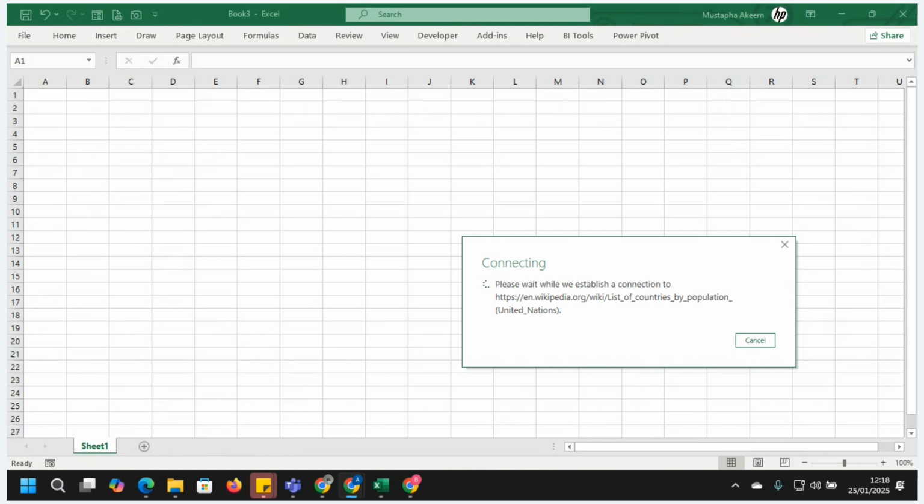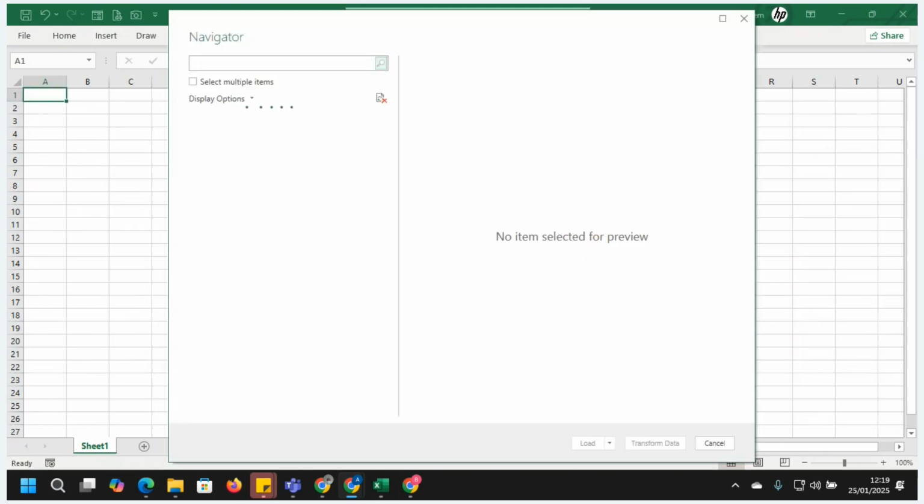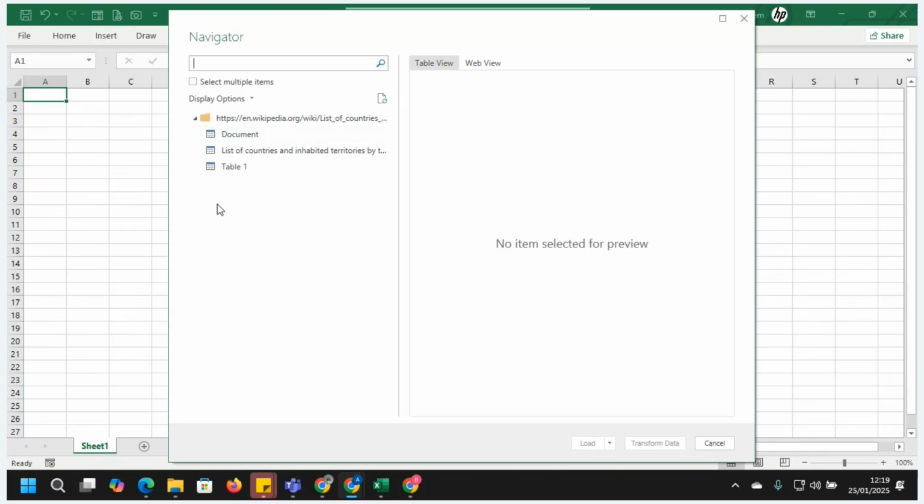While that one is connecting, you can move ahead to the next. Okay, it's loading now. So you can see that we have 3 tables.